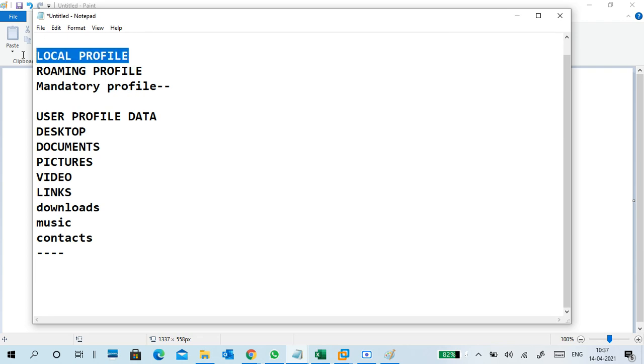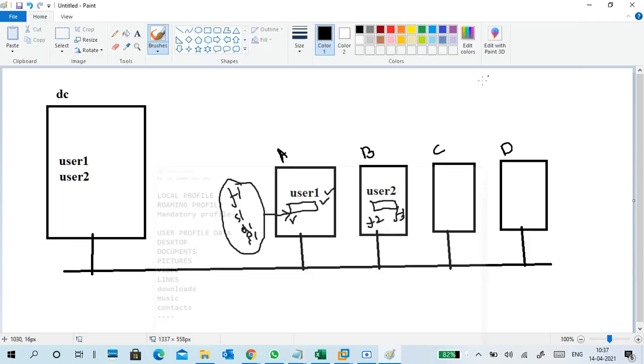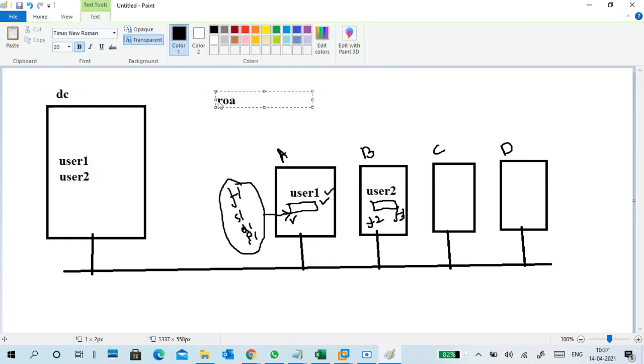So that is your local profile. Okay, so this is about the local profile. The next one is the roaming profile. What is this roaming profile?